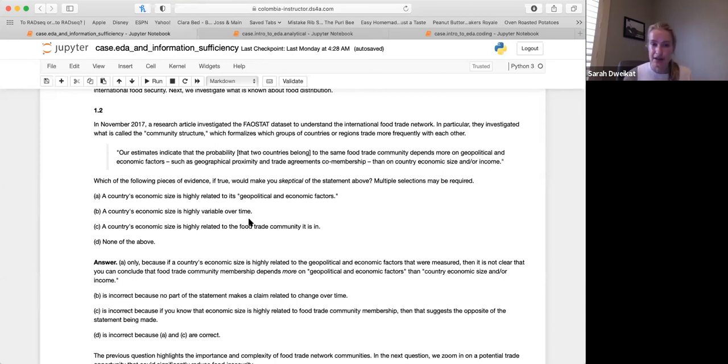B is not correct. That is, a country's economic size is highly variable over time. The statement had nothing to do with time or change over time or anything like that. So it's kind of irrelevant. And then C, that was another popular answer. A country's economic size is highly related to the food trade community it is in. C is incorrect, because if you know that economic size is highly related to the food trade community membership, then that suggests the opposite of the statement being made. Okay,